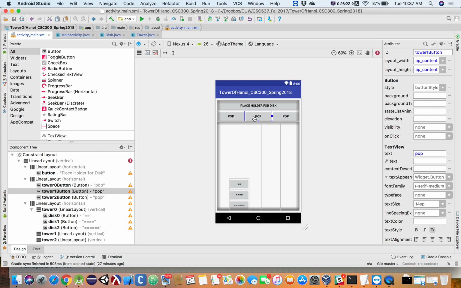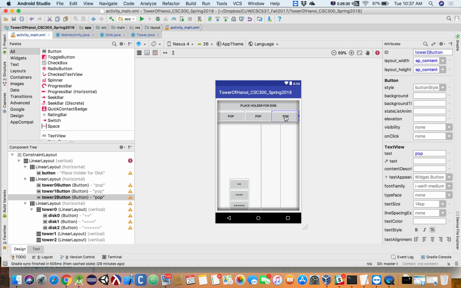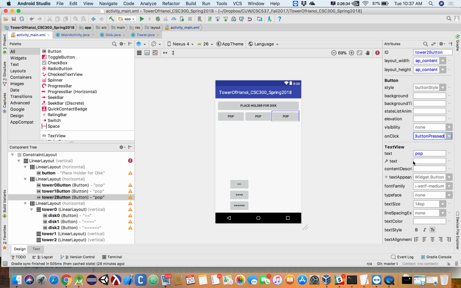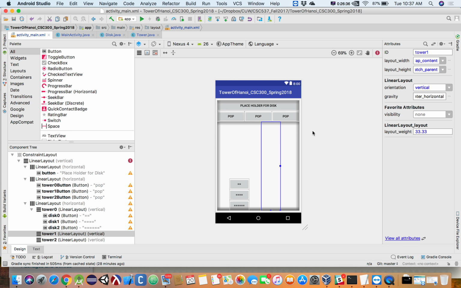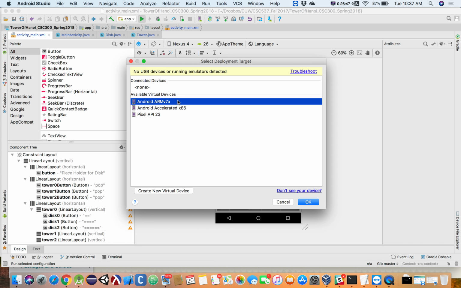Then we'll have this button, and we're going to set his on click to tower 1 button. And then we'll set the third one and set his on click to tower 2 button. All right, so now presumably when we click these 3 buttons, we should get stuff printed out. So let's go ahead and launch our